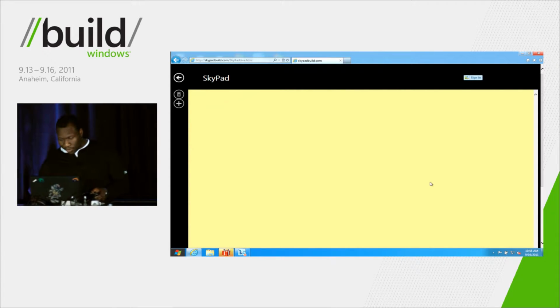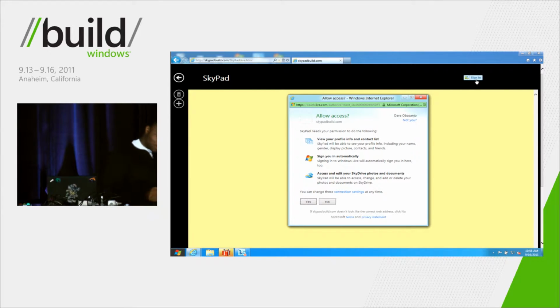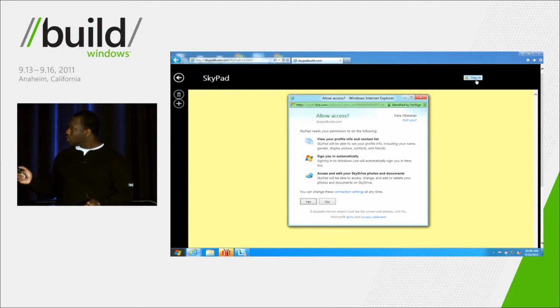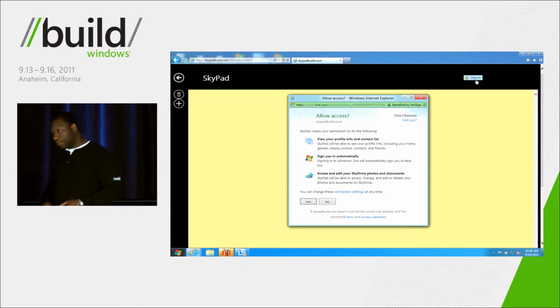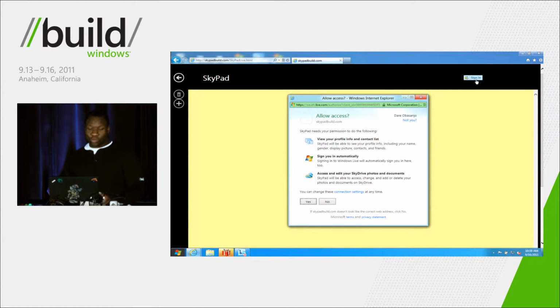So now I'm on this application's website, and I hit sign in. One of the things you notice is, again, I didn't have to sign in. Instead, I go straight to the permission dialog, and I'm already identified.